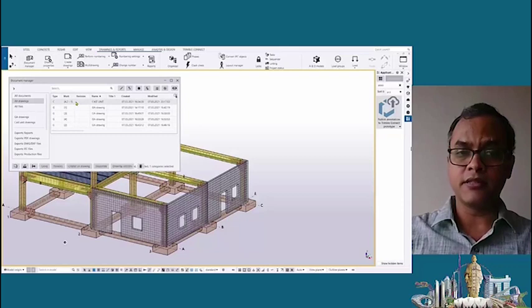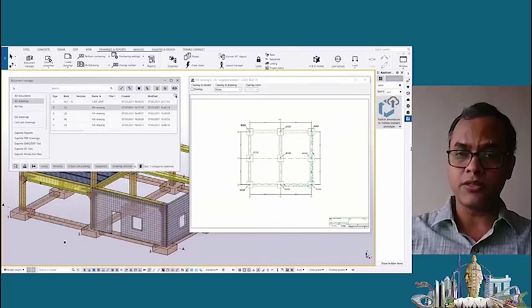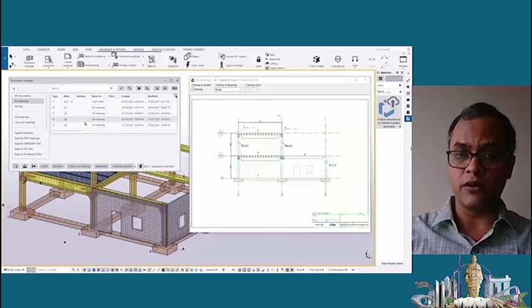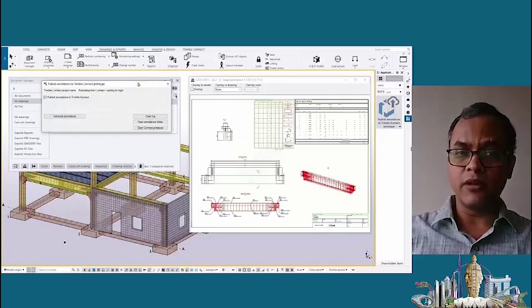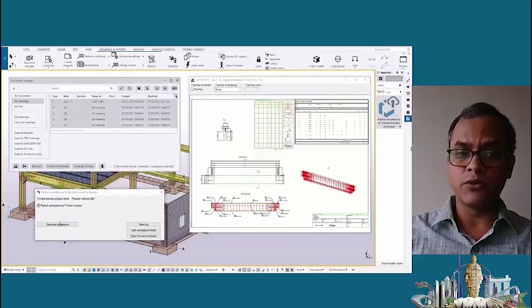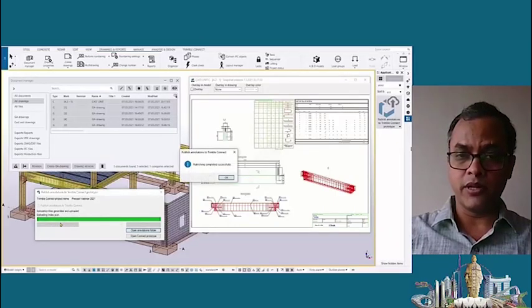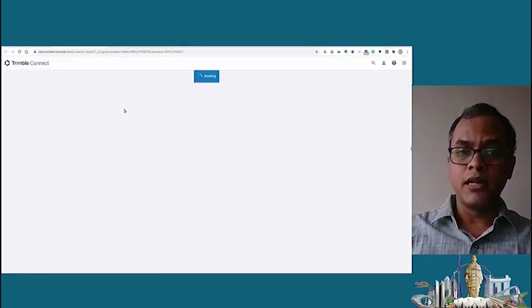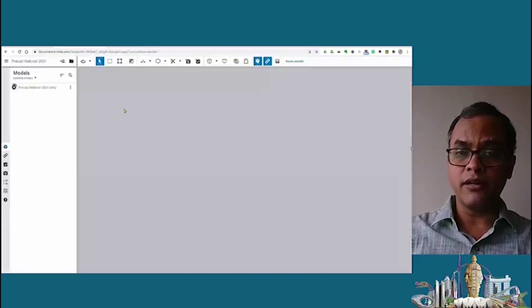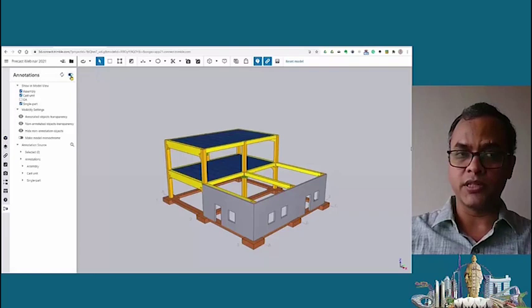I have this model for which some of the cast unit as well as some of the GA drawings are ready. If I use this particular extension to upload the drawings to Trimble Connect, once the drawings get uploaded, if we go to Trimble Connect, quite easily we can turn on the annotations under the Trimble Connect project.